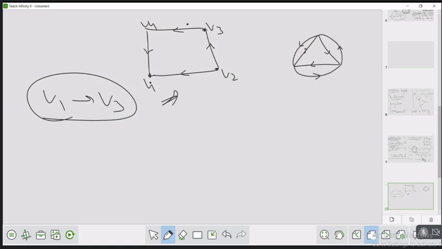It is strongly connected, because if you take any pair of vertices, you can find at least one walk. Found the directed walk from here to here. And also if you can include here, in this case it is strongly connected. Yes, now we can go from V1 to V3. At least one is needed. So I think it is clear: strongly connected and weakly connected digraph.